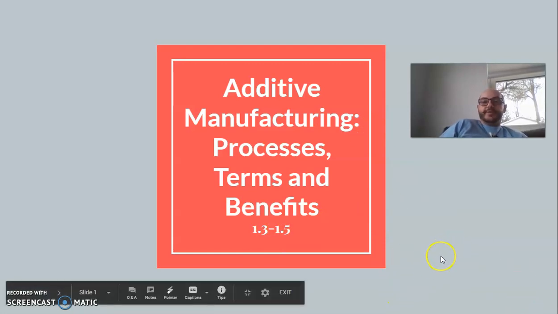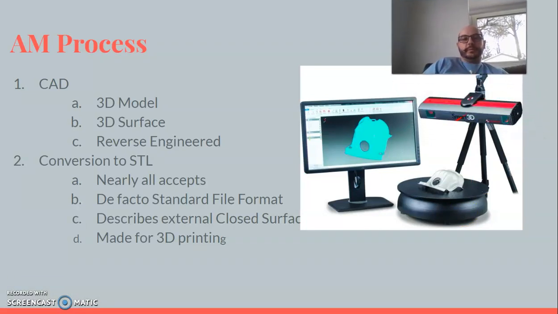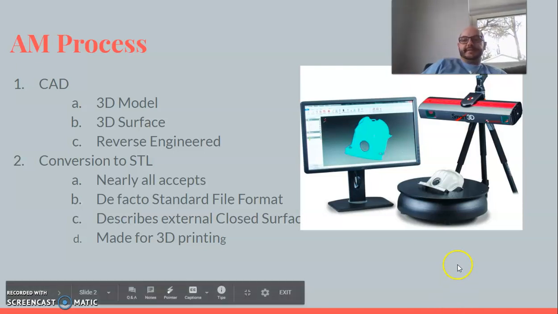So we're going to start off with what processes are used throughout the additive manufacturing process, okay? How do we go from an idea to a tangible object? So the first step in the process is the CAD model, okay? And the CAD model is where every single one starts, okay? And additive manufacturing uses three different types of